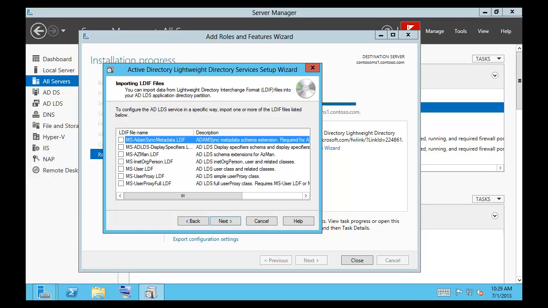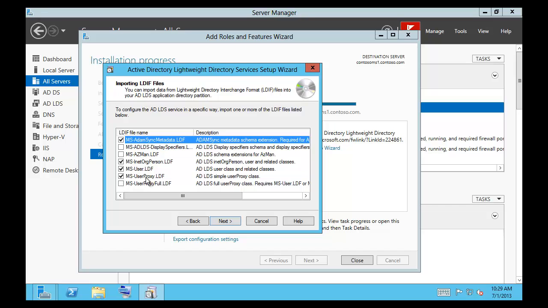So just to give you a quick little list of what we've got, there's the MS-InetOrgPerson that is going to contain the definition of the LDAP object class for an InetOrgPerson. If you're going to have users in this instance, then you need to have this so that you have a structure for your users that you're familiar with. MS-User, that's the Microsoft extension to the user class, contains the user and related class object definitions. And we're going to need the user proxy,